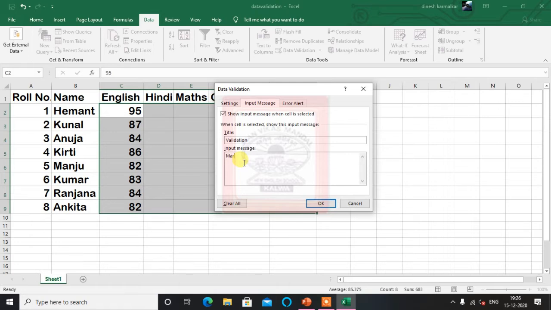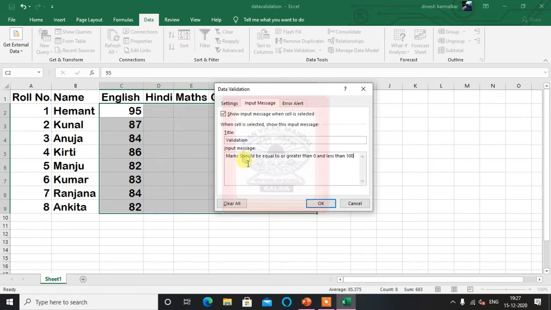So I'll write here: marks should be equal to or greater than 0, and both conditions should be true. It should be equal to or greater than 0 and less than 100.